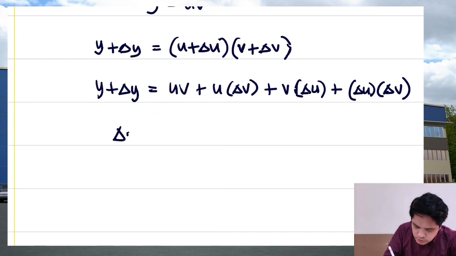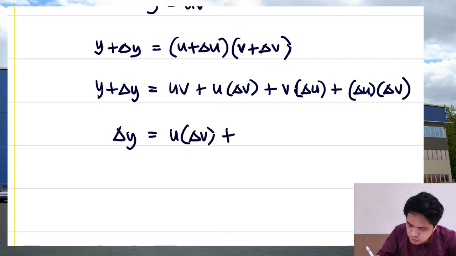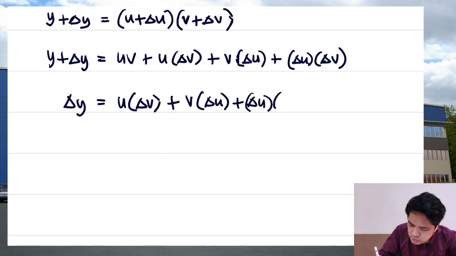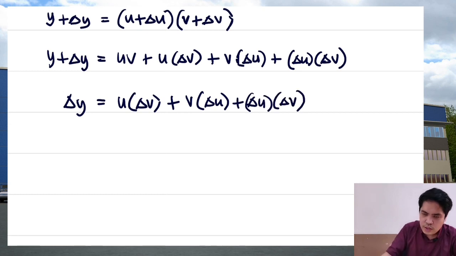So we'll have delta y is equal to u times delta v plus v times delta u plus delta u times delta v. Now if we divide all terms by delta x,